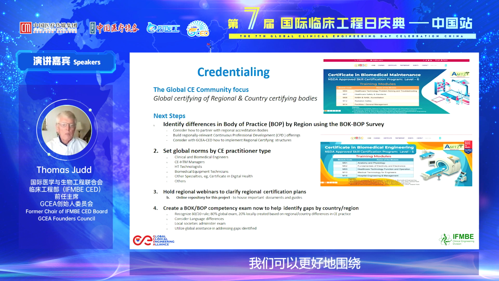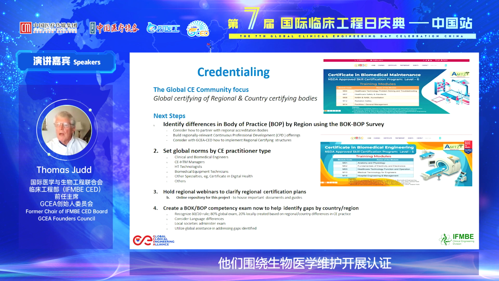We can do a better job of setting norms around what clinical engineers and biomedical engineers are supposed to do. What are managers and technologists and technicians? What can health leaders expect from them? There's talk about new certifications around digital health tools. We're in the midst of developing that capability, and more to come on that. But here are some examples in the pictures from our colleagues in India